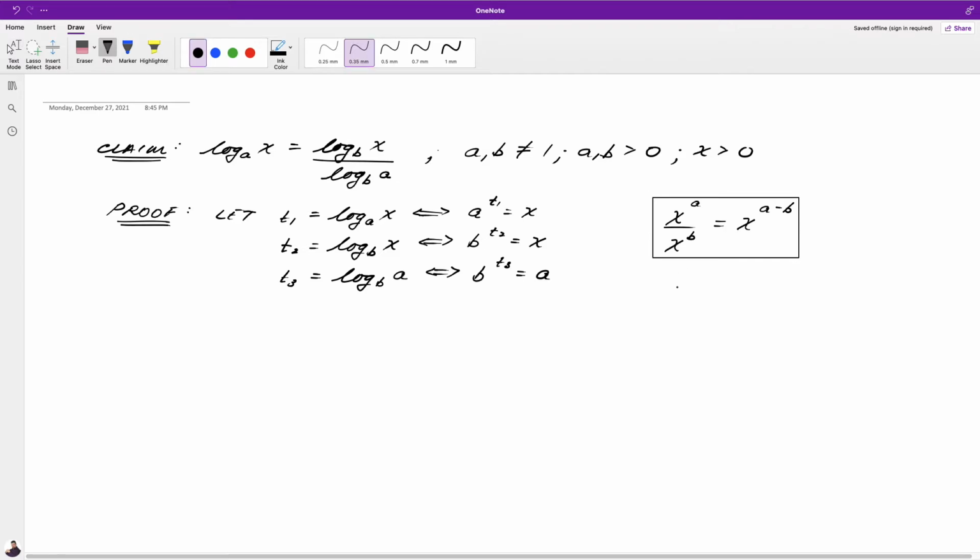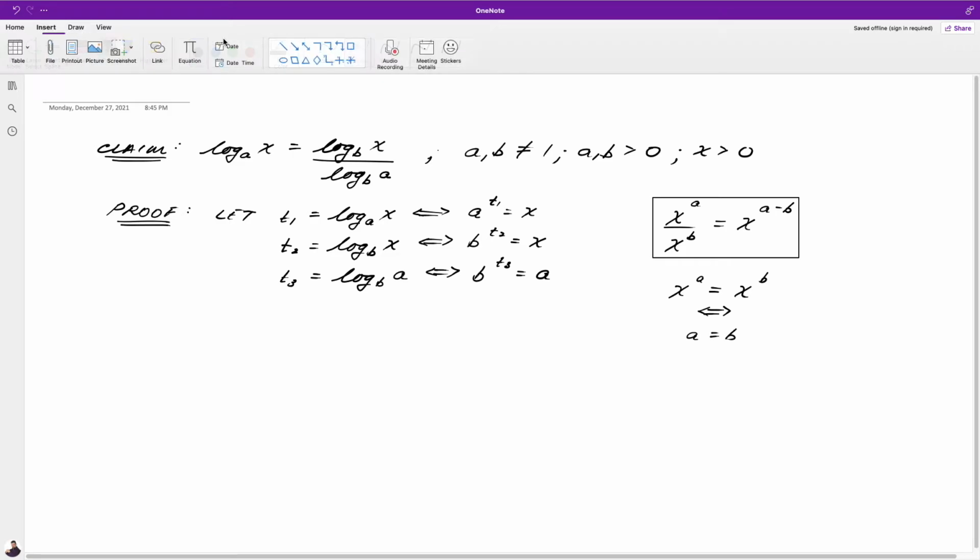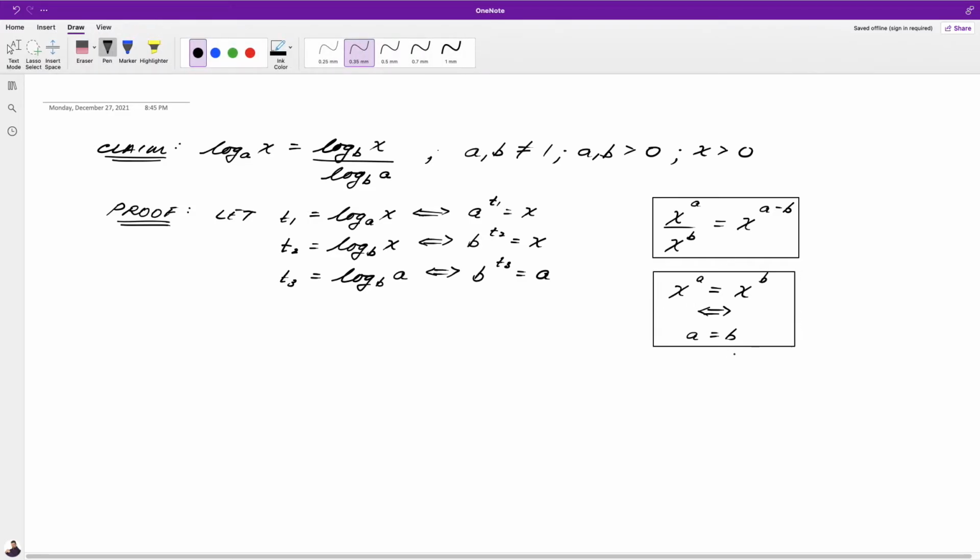We also are going to use the following. If I have x to the a and that equals x to the b, this will be true if and only if a equals b. Okay, so let's get a box around that. That's called the identity property. Okay, which doesn't need a proof either. It's fairly self-evident. Okay,